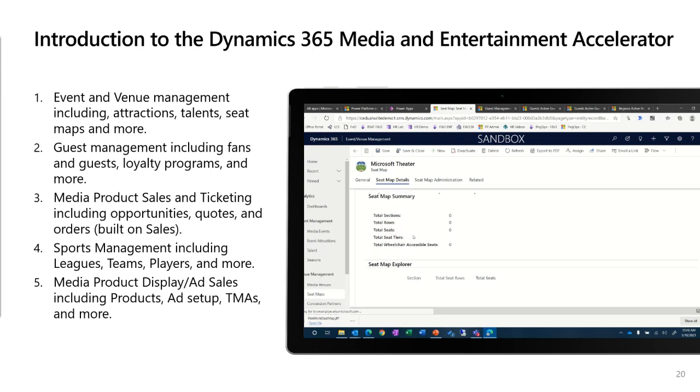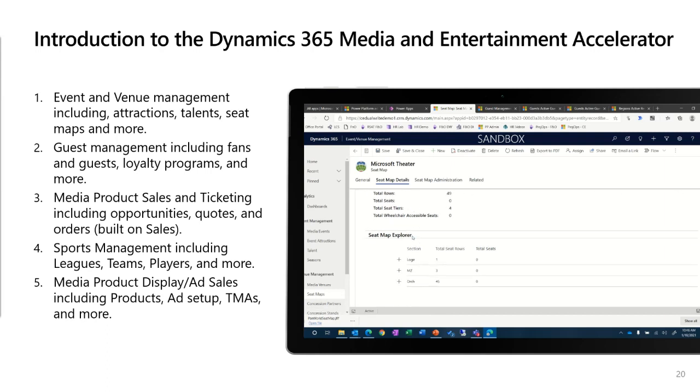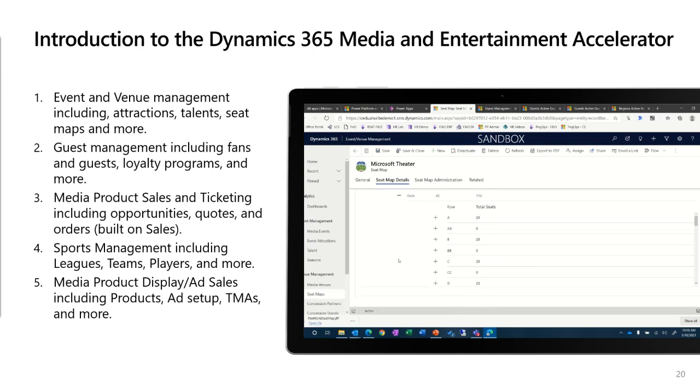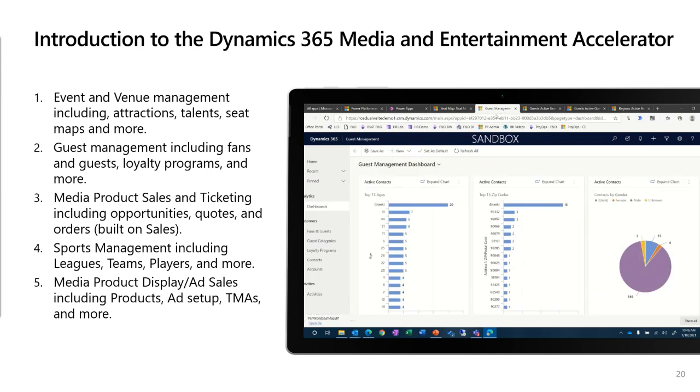indicate how many sections, rows, tiers, and so on, and you can actually design out that seat map just how you want. And this allows you to surface that information so people can select seats on your website when they're buying tickets if you're using the ticket management